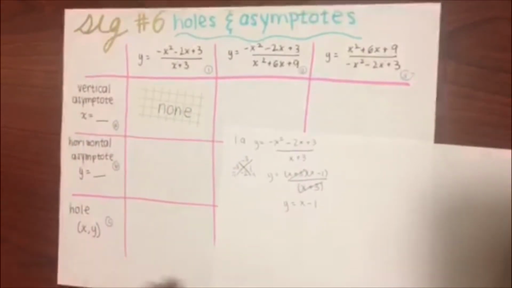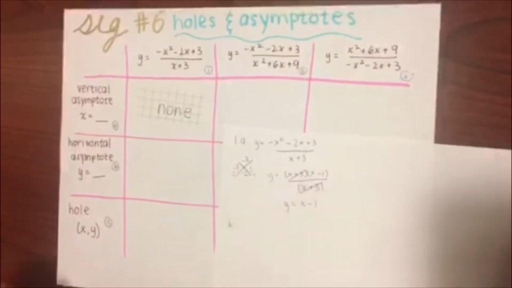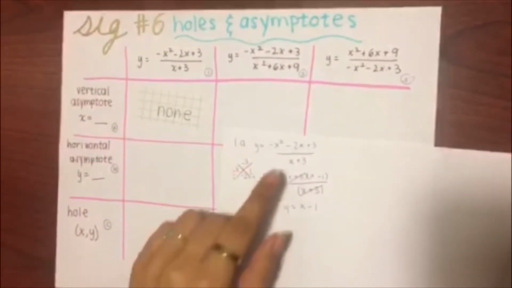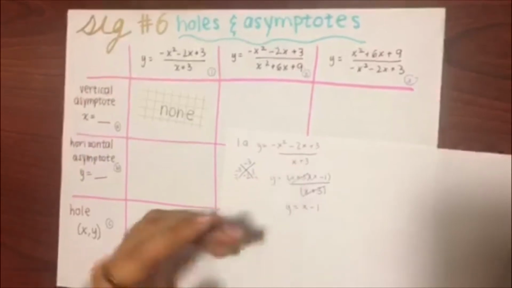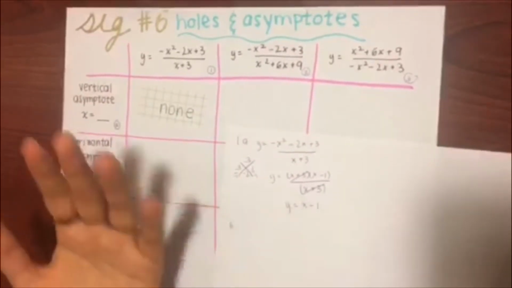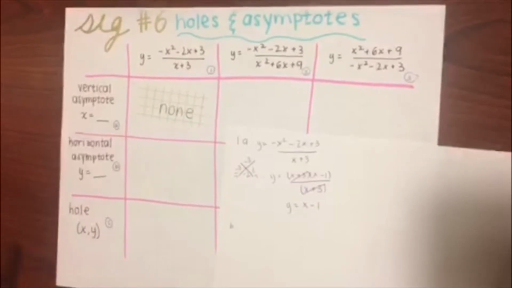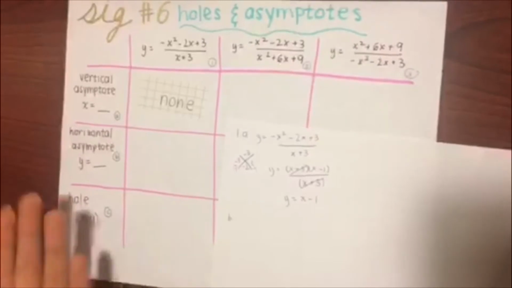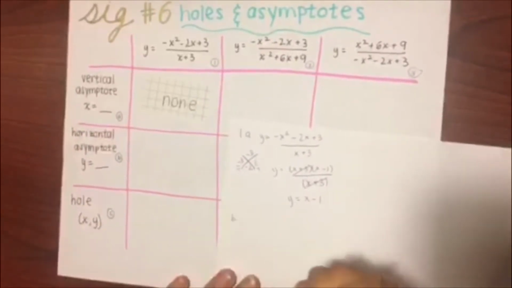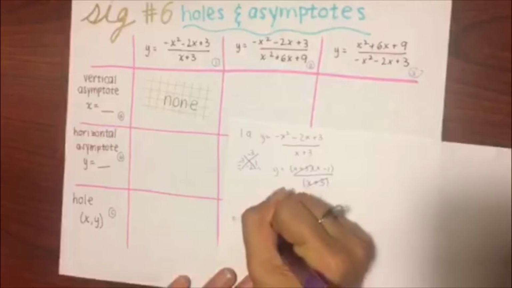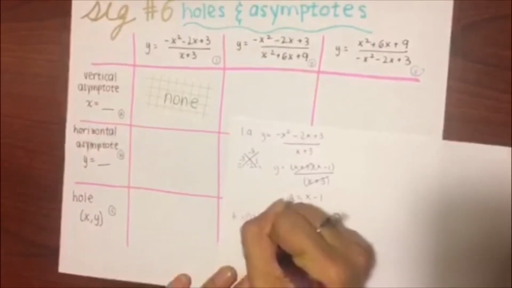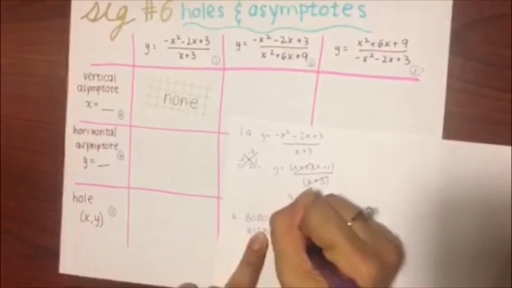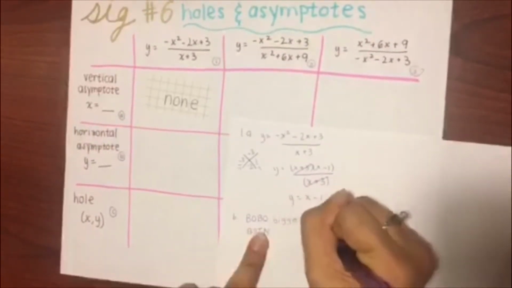Now we're going to move on to horizontal asymptote. To find the horizontal asymptote, we're going to go back and look at our original equation. We're going to look at the highest exponents in the numerator and in the denominator, and that is how we can tell if there is a horizontal asymptote. A trick that I use to make it easier for myself when finding the horizontal asymptote is these two words, BOBO and BOTN. BOBO stands for bigger on bottom